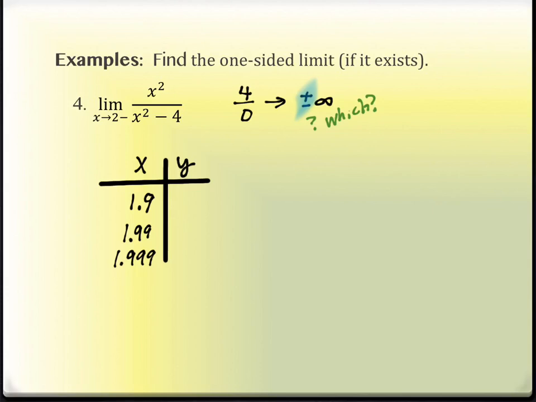So over here, we're going to go into our table. Now in your table, this one is a really good example. If you can't plug a number in, like I can't right now, I can't put in 1.9, it just doesn't do anything. It means we need to adjust the table. Underneath the window button, it says table setup. If you hit second window right here, you want the first one, the independent variable, to say Ask. What matters is that the independent says Ask and the dependent says Auto. We've got to go Ask and Auto.